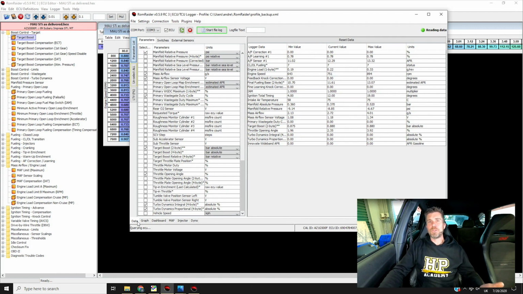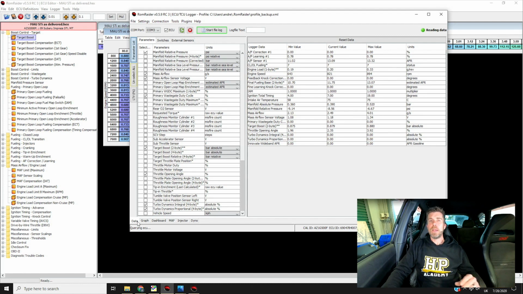Now this can be a little bit difficult, particularly if you are driving on the road, because obviously at some point you're going to probably need to come to a stop at a set of lights or a give way. Maybe you're going to need to change gears, or almost certainly you're going to need to change gears. So there's a limit to what you can do here. A good way of getting around this is if you've got access locally to some open road driving where you don't have to start and stop, I would focus on getting up to speed, getting onto the open road into maybe 4th, 5th or 6th gear before you actually start your logger, and then you don't need to go through those gear changes.